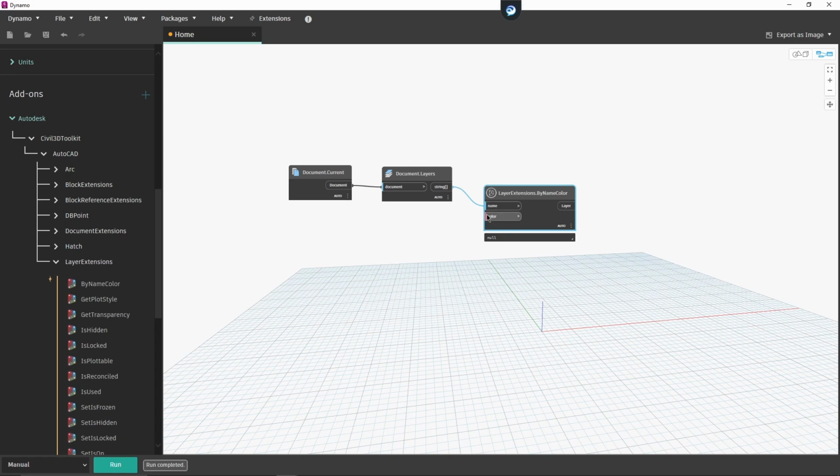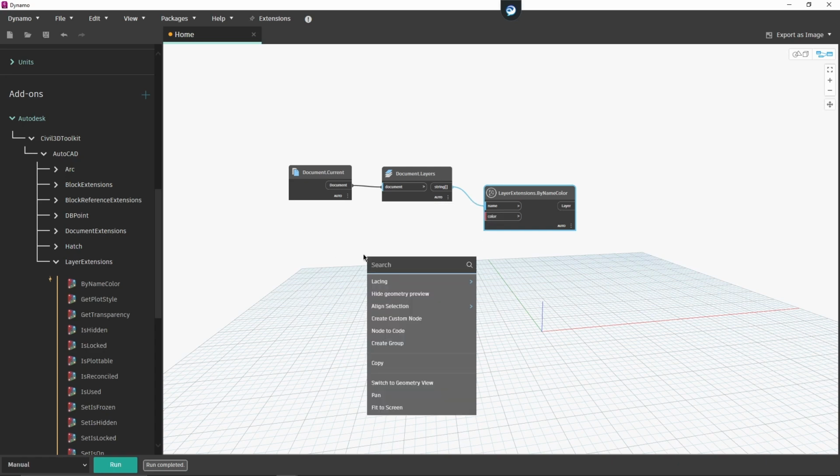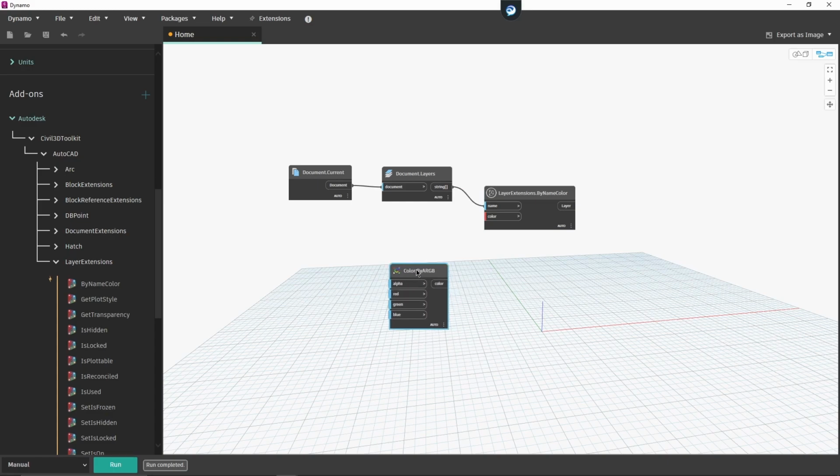The next thing we need is to assign the colors to all of those layers in that node. You can see it's red on the side there, which means it doesn't have a default value. So we need to assign the color, and we want to manipulate the color by editing the RGB properties of this color. If you right click on the screen, it will give you a search bar and you can type the word color. The first node says by RGB, which means you are creating a color in this node